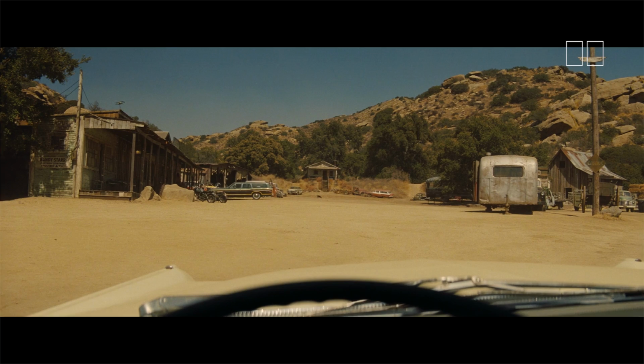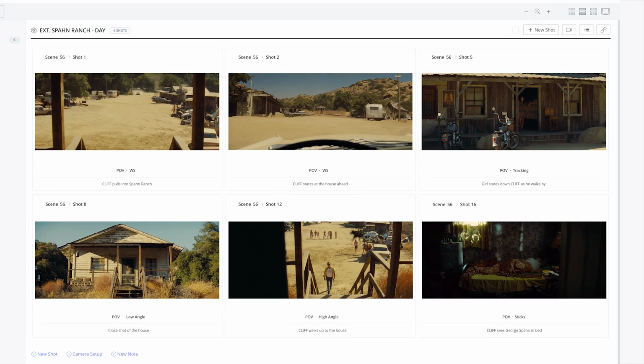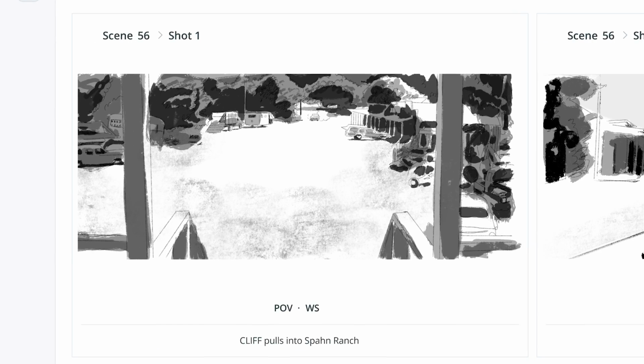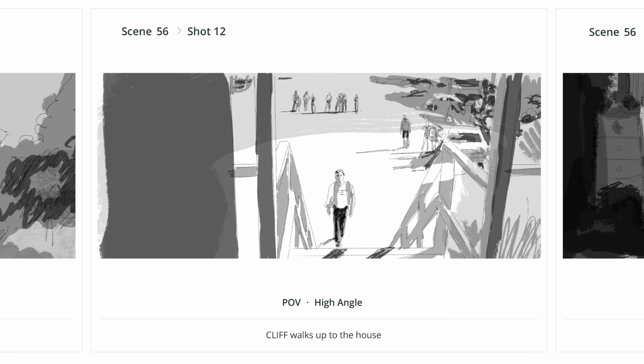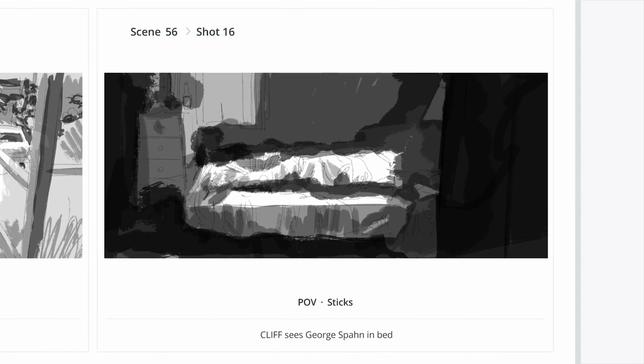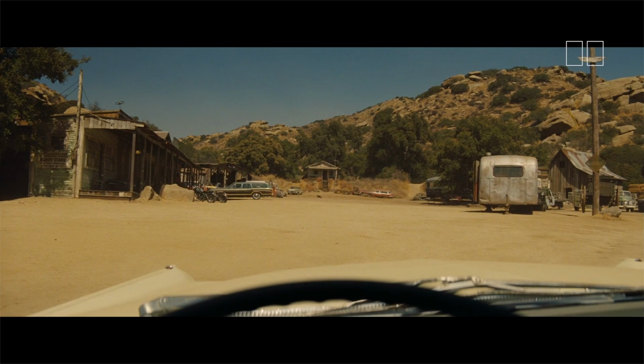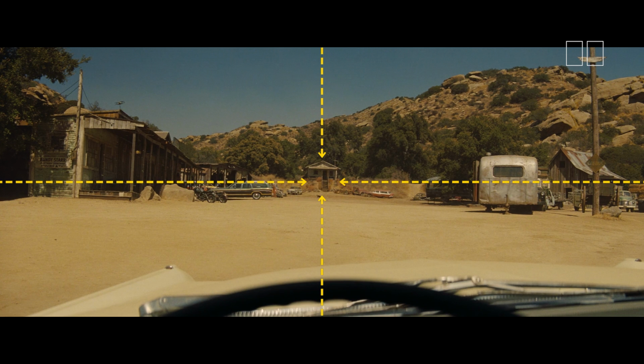To keep the audience in step with Cliff, Tarantino uses POV throughout the sequence. This POV shot establishes the house as his goal through its dead center framing.